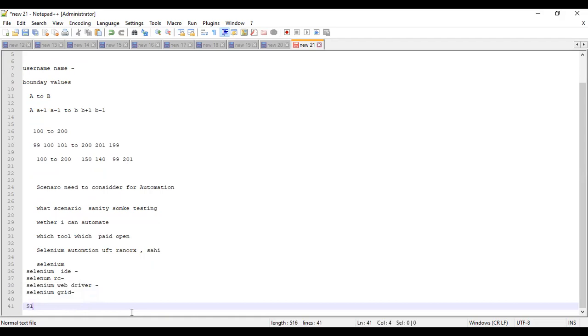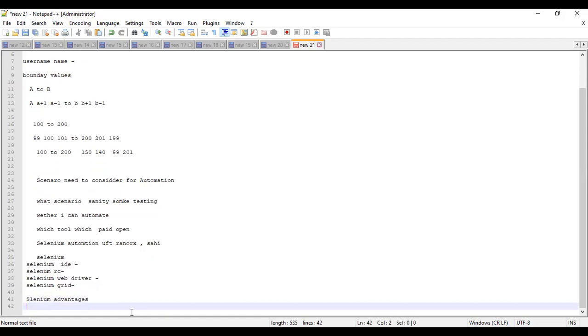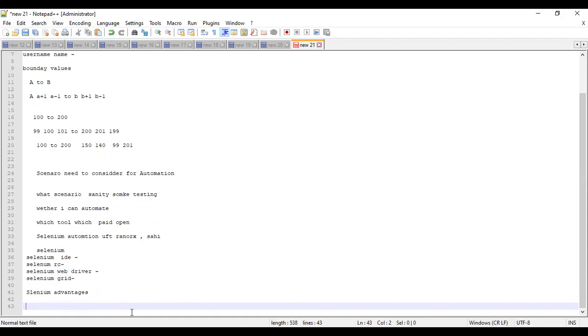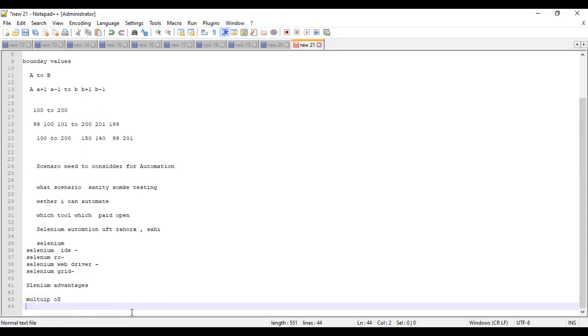Now we'll start with the Selenium advantages. What are the advantages of Selenium? First, Selenium supports multiple operating systems. What does multiple operating systems mean? You can install it on Windows, Ubuntu, Linux, or Mac. So Selenium supports multiple OS, and it will support